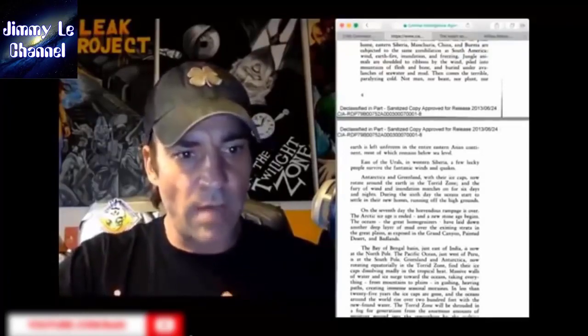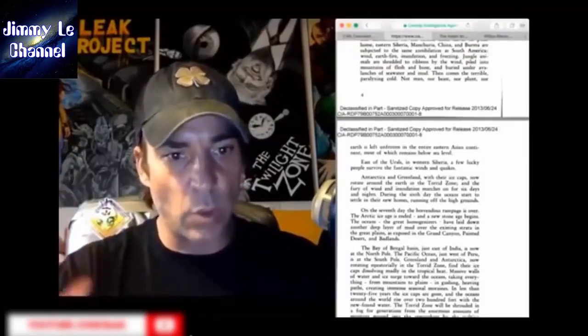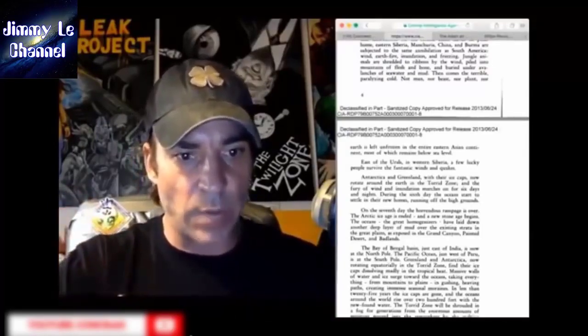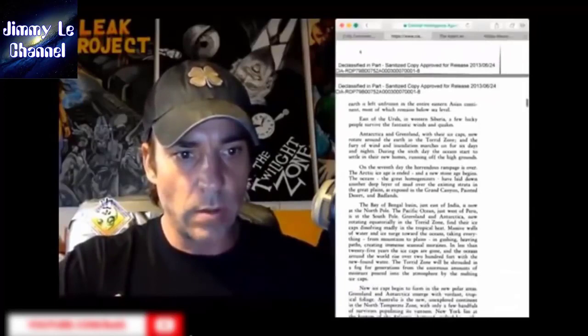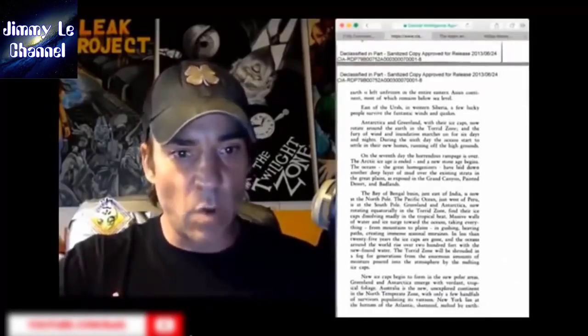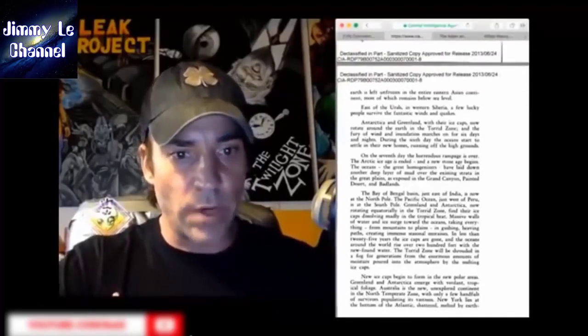In less than 25 years, the ice caps are gone, and the oceans around the world rise over 200 feet with the newfound water. The torrid zone will be shrouded in a fog for generations from the enormous amounts of moisture poured into the atmosphere by the melting ice caps. Now ice caps begin to form in the new polar areas. Greenland and Antarctica emerge with verdant